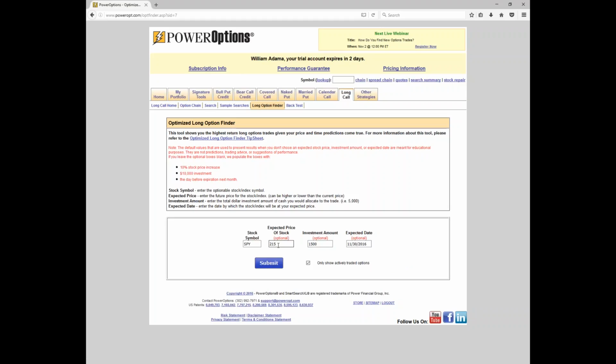And we're still bullish on the market. We feel there might be a hiccup in the next week or so, but our projection is the stock, the security, is going to move up to 215 in the next 4 weeks or so. So let's go ahead and click Submit. Now,